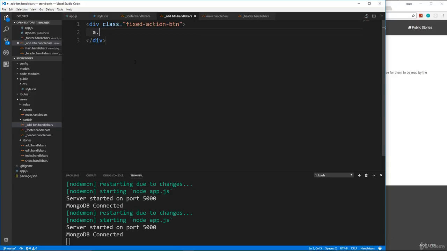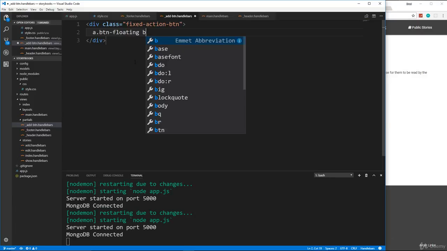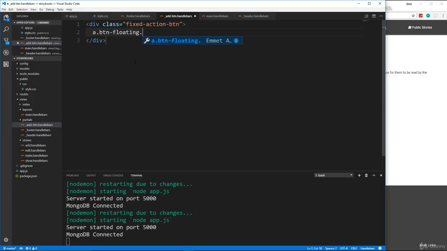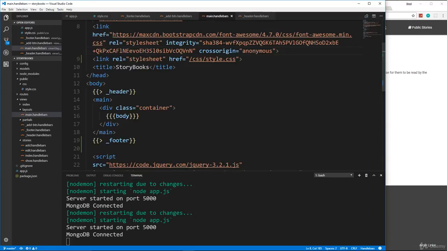and we're going to have an a tag with the class of btn-floating, also btn, whoops, I'm using Emmet, so I have to say .btn-large, and then also red. Okay, and then the href is going to go to /stories/add. Okay, and then for the icon, we're going to go inside the a tag here, and we're going to put an i tag, and let's give this a class of fa and also fa-plus. All right, we'll save that,